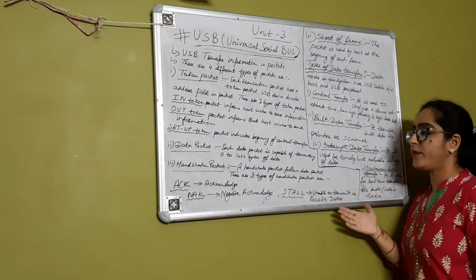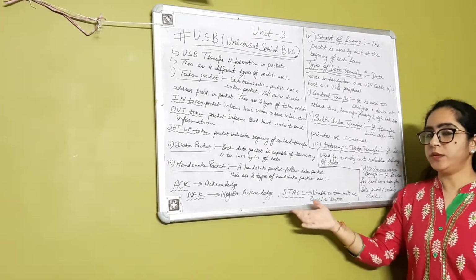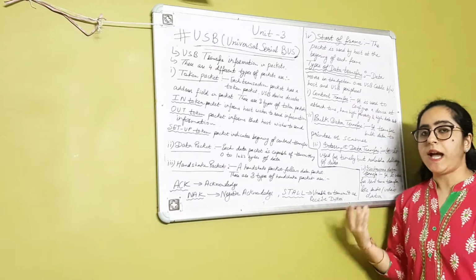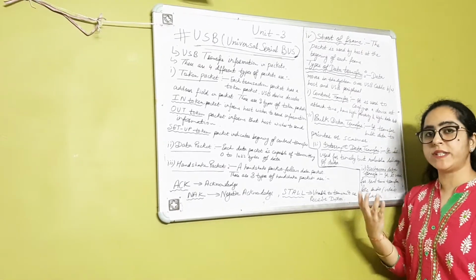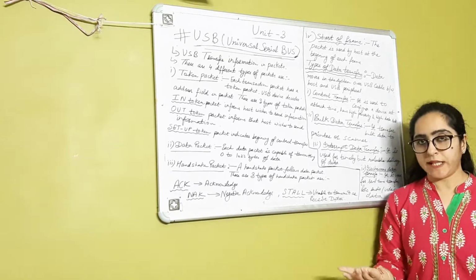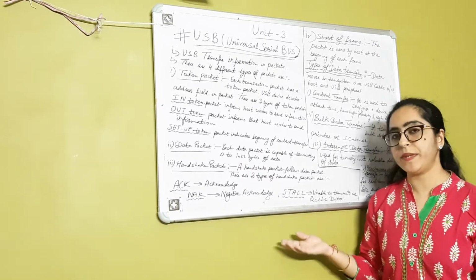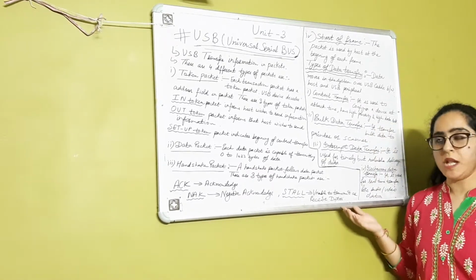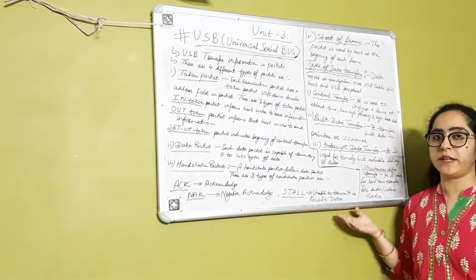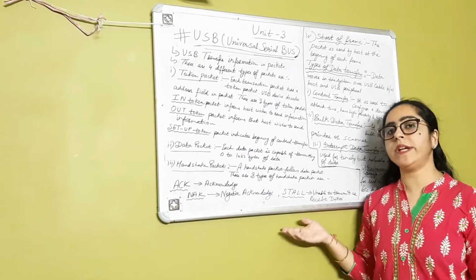Okay students, so in the last class we discussed the USB cable and how the communication is established. There is one USB host and the other is a USB device. Between host and device there is a cable through which the communication is done and the data can be transmitted. The USB cable is a 4-wire cable, where two wires are used for the power supply and two wires are used for the data transmission, D plus and D minus.